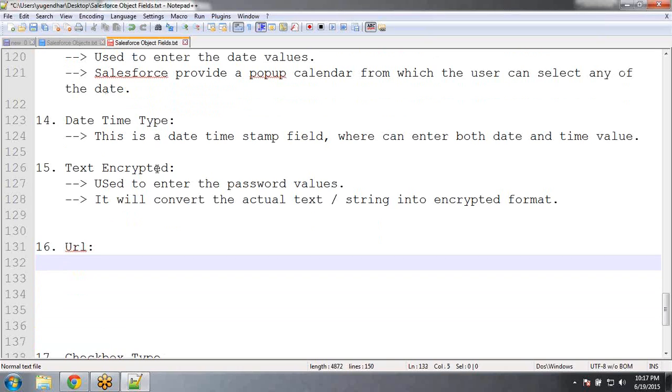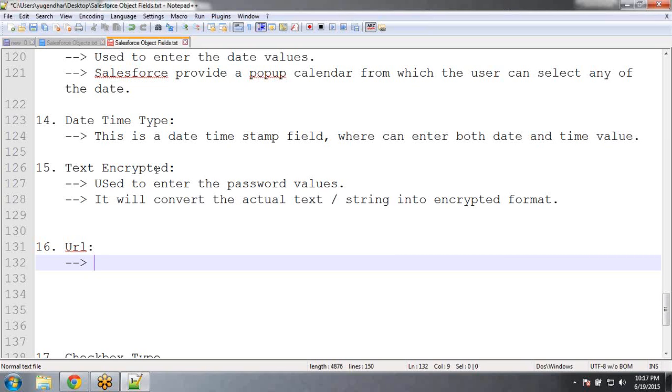Now, what is our field type URL? When coming to the URL, we have some website. Suppose, for example, I am a person or an organization. I have my own organization, and for that I have my own website available, or I have my own blog. So whatever blog or personal website you have, if you want to give that website information, nothing but the website URL, into your record, then we can use these